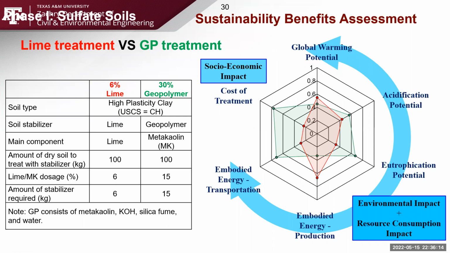Just for a comparison, with one of the geopolymers with 30% and then 6% lime, if you look at it right now, even though geopolymer is considered sustainable, its initial results are not really showing sustainability, mostly because this material is produced at lab scale. So manufacturing and the cost of that manufacturing are very expensive. But as companies start developing them, you will definitely see some good